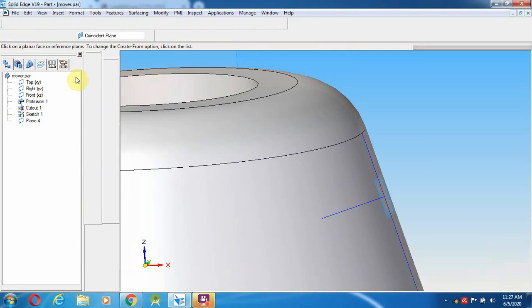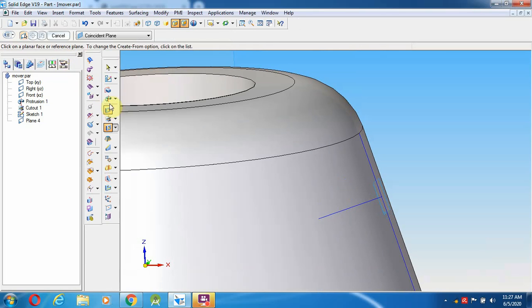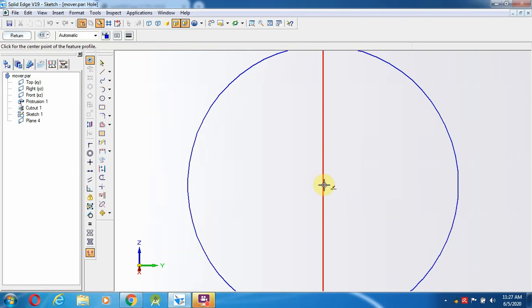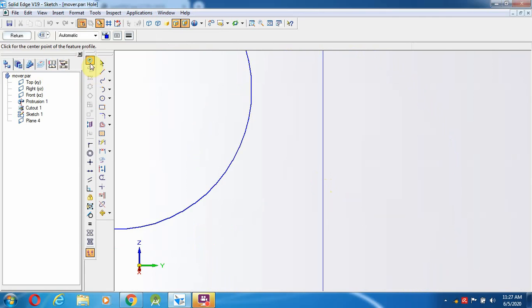Otherwise come out, and again you can select revolve. This particular plane you can select somewhere in the mid, it's coming over here.